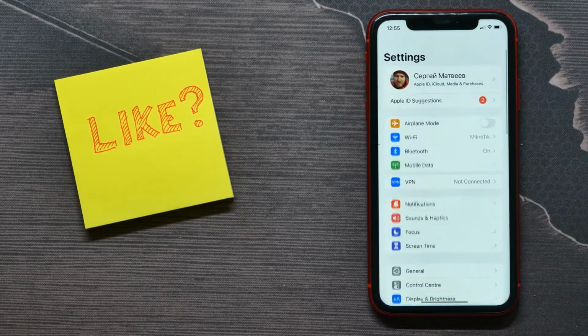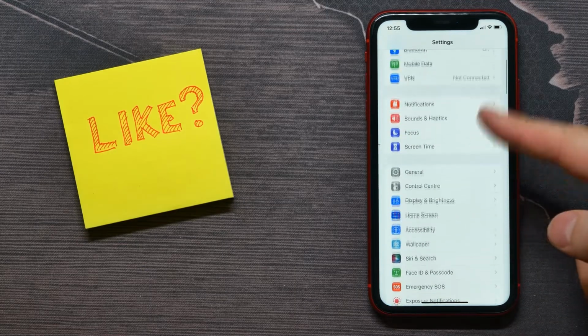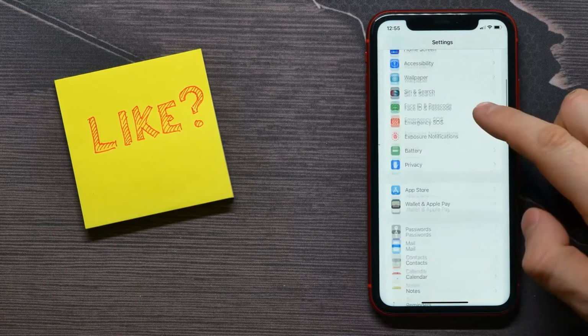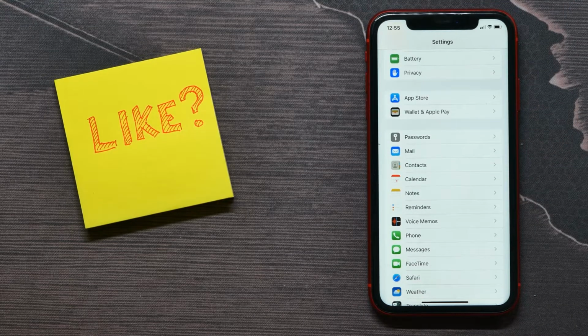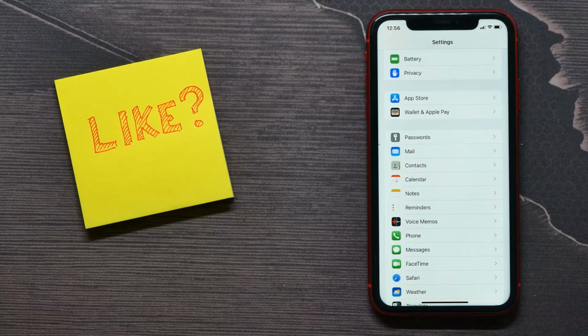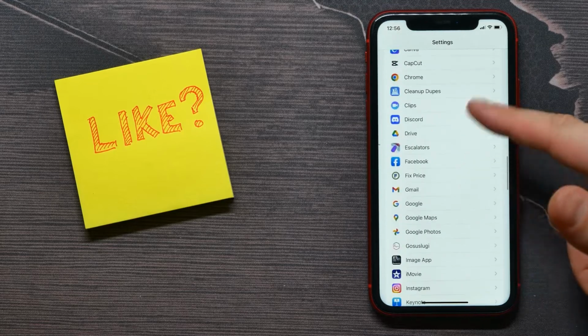First we need to open up our settings and then go into some application right there. Just scroll down for a bit, and as you know, all applications, not completely all, but some popular applications collect all your data, then send it to servers of that application, and their algorithms and people can analyze all that data. So to block permission for collecting your data for a specific application, let's find, for